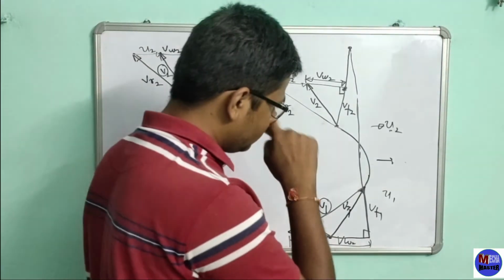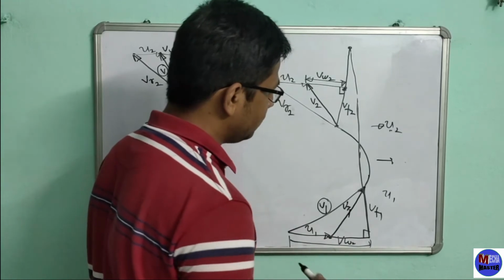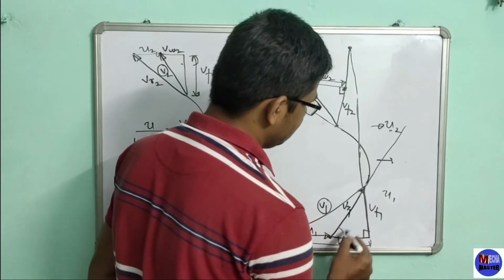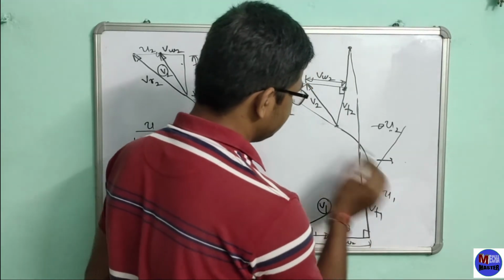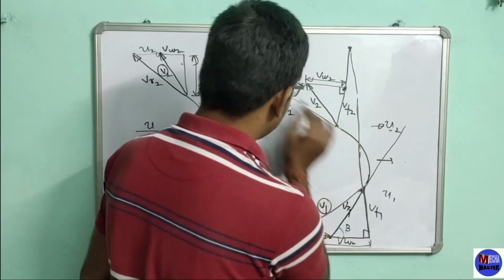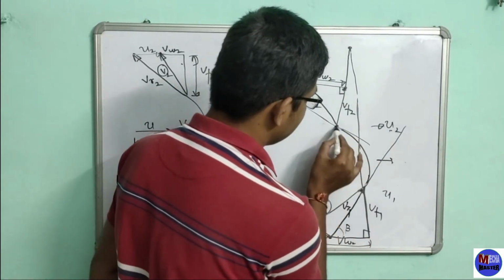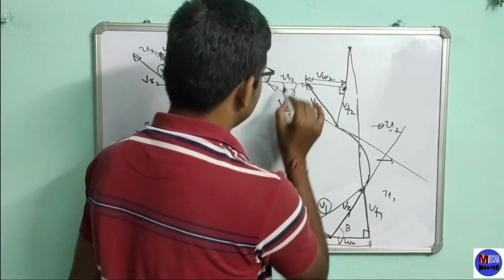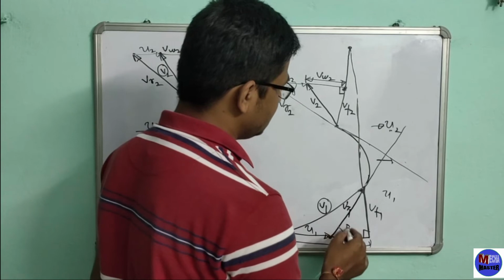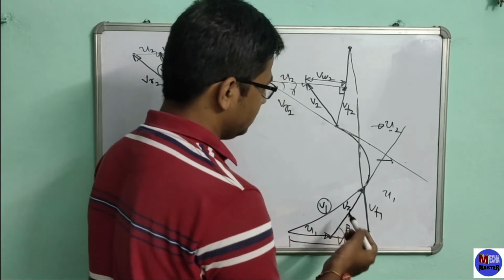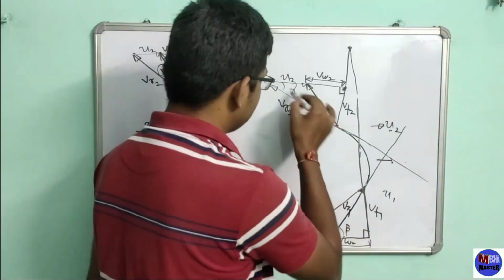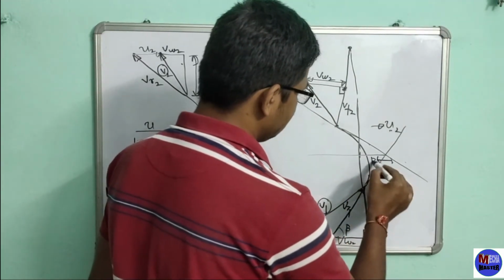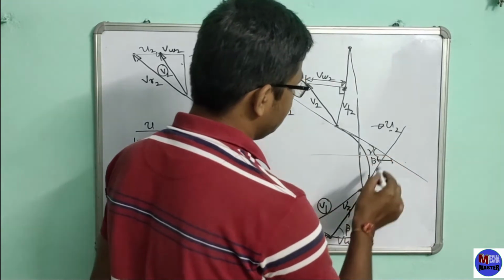And the one thing that you must know: what is the deflection angle? Deflection angle will always be drawn from this relative velocity, and if this angle is beta, and what is the relative velocity here? This is the relative velocity, and suppose this angle is gamma. Based on the nomenclature, you can easily relate. I have just spontaneously taken this. So this angle will be beta and this will be gamma, and the deflection